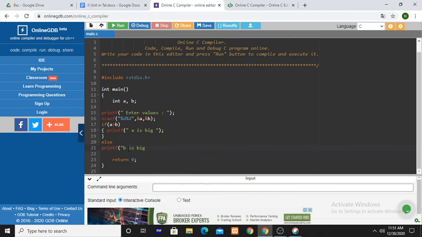B is big. A is small. Here A is big, B is small.